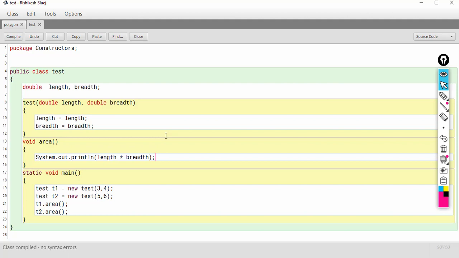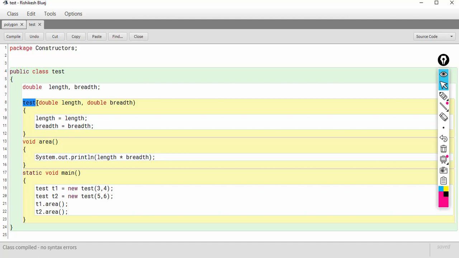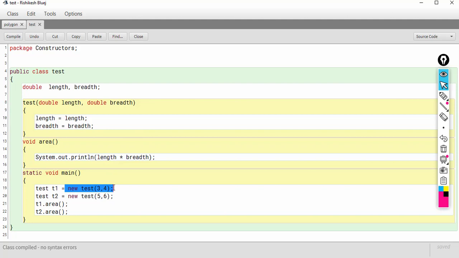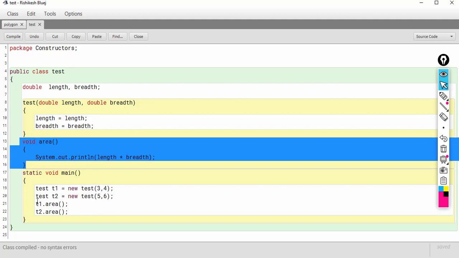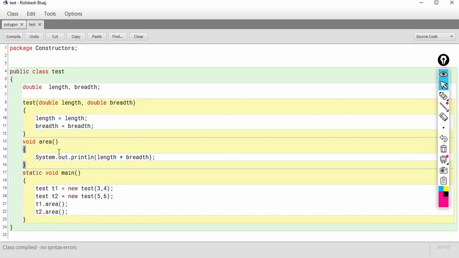Now a function is called and a constructor is also called, isn't it? Constructor is called when an object is created, and a function is called when the programmer wants to. In both the cases the function and the constructor have access to this keyword, which stores the reference of the current calling object.